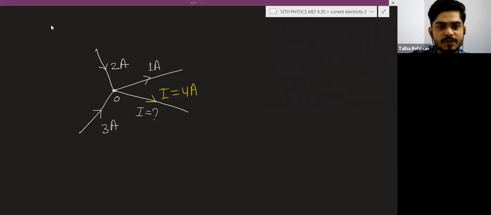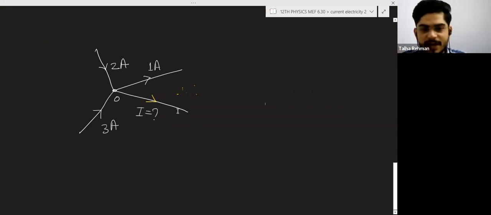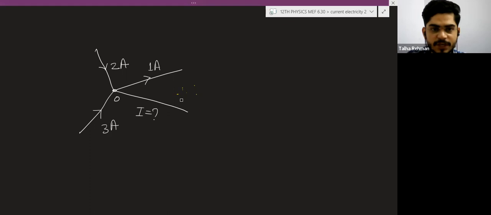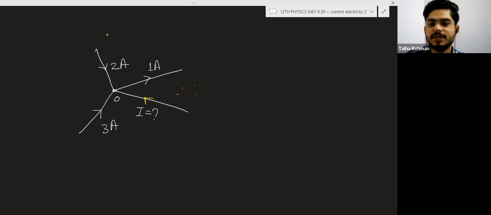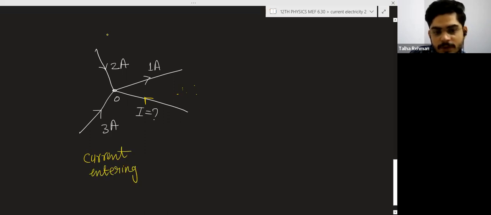We do not know the value of current here, but you have to take a sign here. There can be two possibilities in this wire: either the current is leaving or the current is entering, but I do not know which. So I am just supposing here that current I is entering. So I will apply here current entering is equal to current leaving